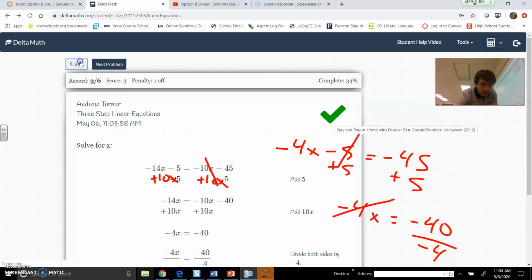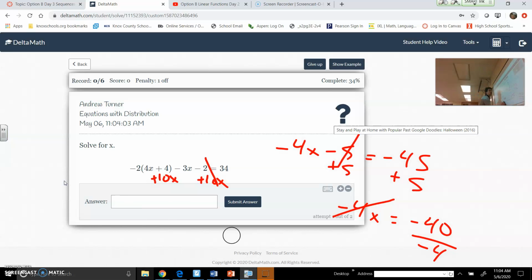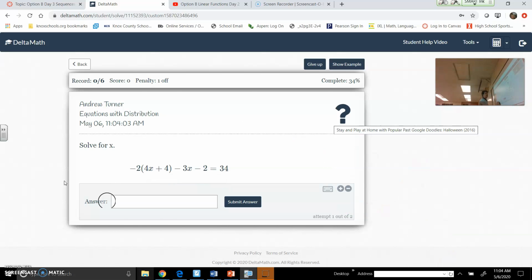Okay, so let's back up and check out some with distribution. So these usually have a parenthesis in them, and they want you to start by distributing using multiplication here. So -2 times 4x be -8x. -2 times 4, -8, but this time without the x. And then I still have -3x minus 2 equals 34. So now I want to combine some things that are on the same side. For example, -8x,